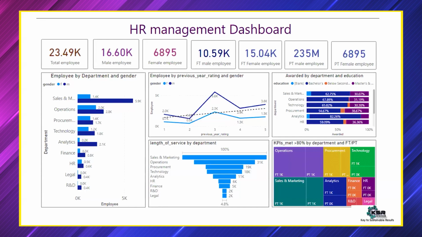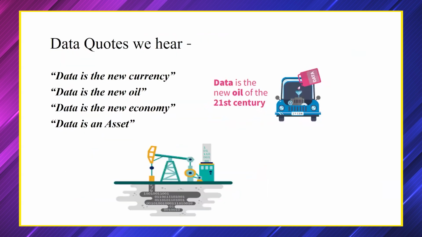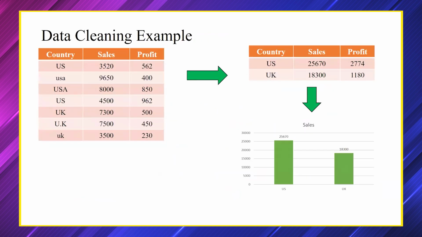But do you think you'll get everything like that? We will not always get clean data. Sometimes you have to put in your efforts. The data will be in this format, so you have to put in some extra effort. That means you cannot use everything directly. You have to make sure that you clean the data properly and then use it. So the third responsibility is doing some data cleaning and data transformations.